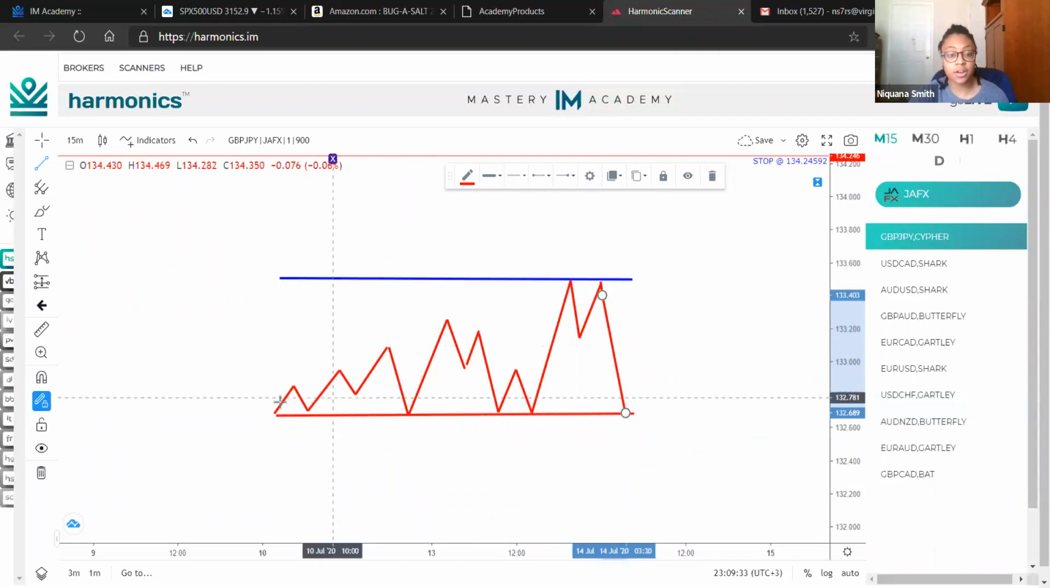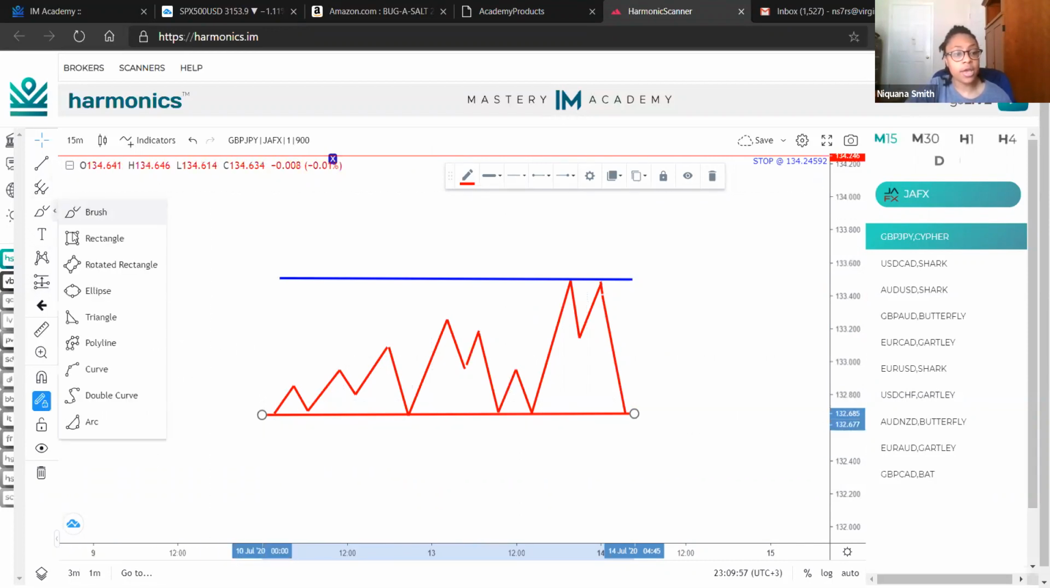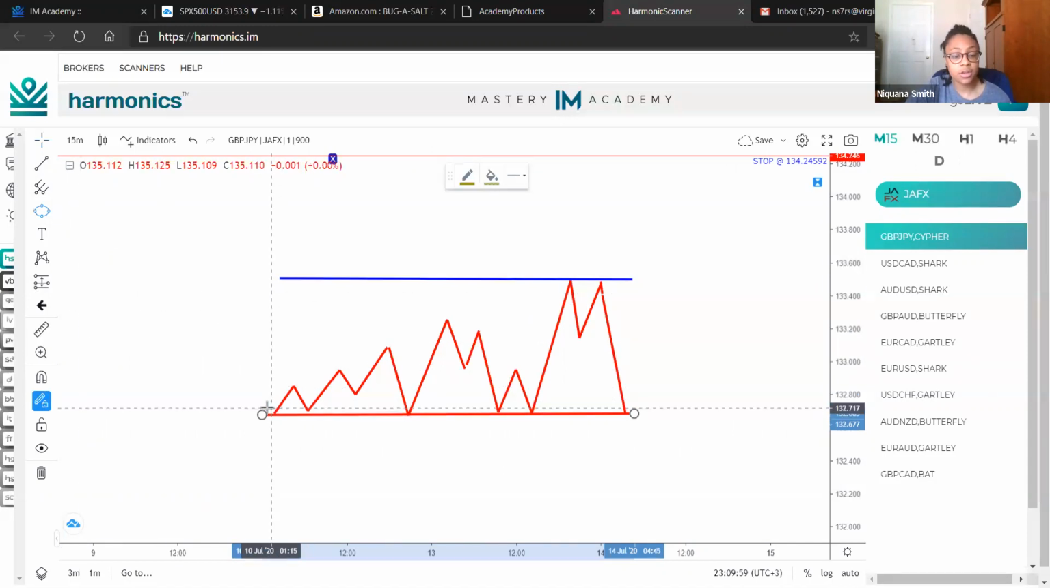So you'll see here that this right here is a support because of the many times that price respects it or rejects off of it. A good support or a good resistance is when price respects that particular area or zone at least 3 or more times. So what does that mean? I'm going to go ahead and highlight. So you have here